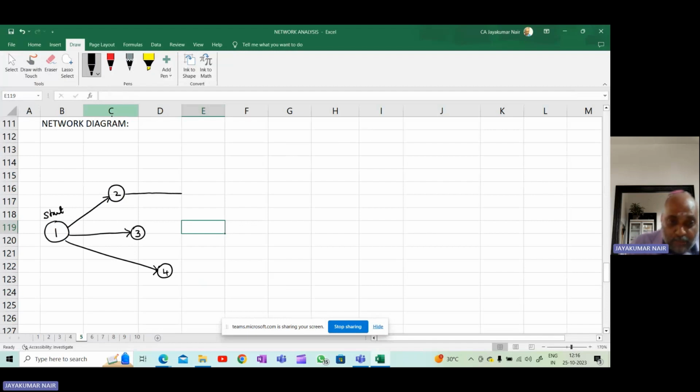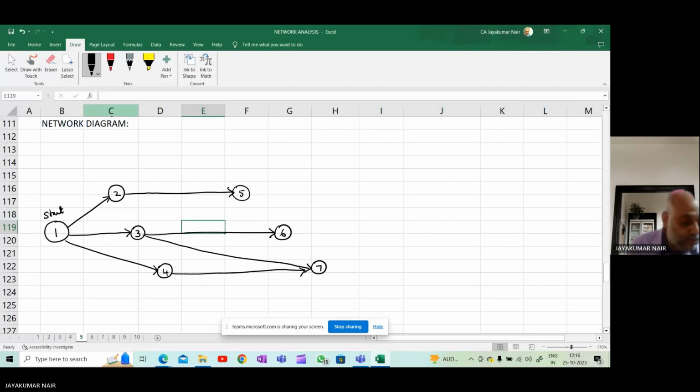When you draw 2 to 5, ensure that this is 4, so 5 should come a little more forward, away from 4. 2 to 5, and then 3 to 6, 3 to 7, then 4 to 7, 5 to 8, 6 to 8,